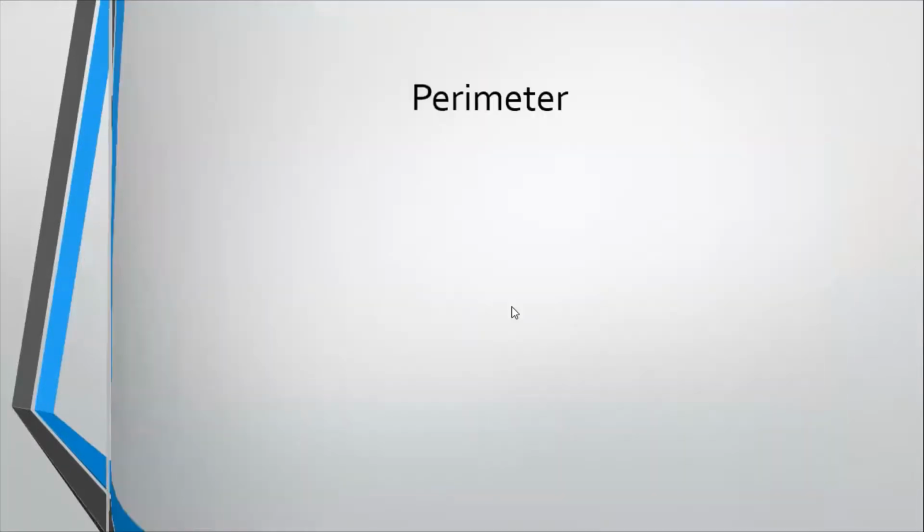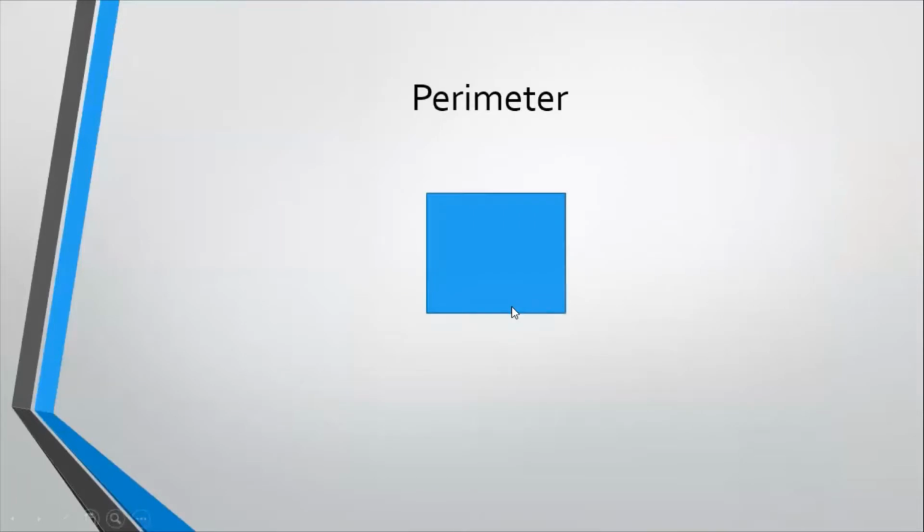Let's do the example. So example is that I have this shape. What is the shape? It is a square. Very good. It is a square. Square is in front of you. And what is the length of one side? Length of one side क्या है? What is the length of one side of the square? Yes. 5 centimeter. Very good. So, how to find out the perimeter? Ibrahim Khan, are you getting it, beta?